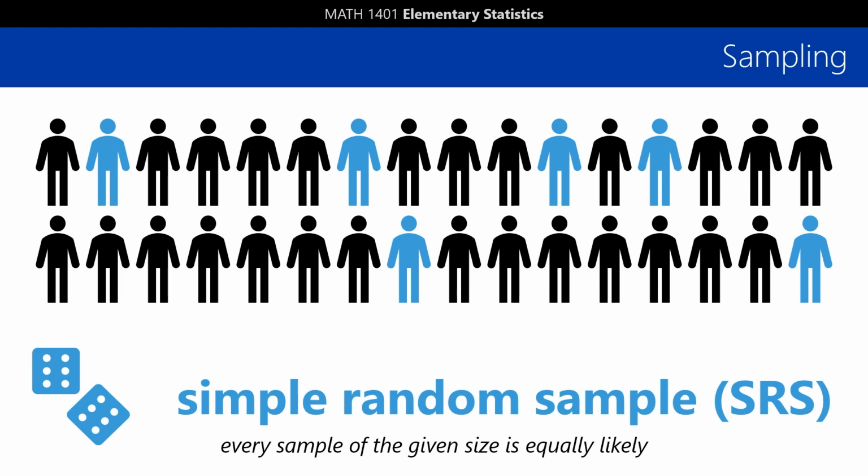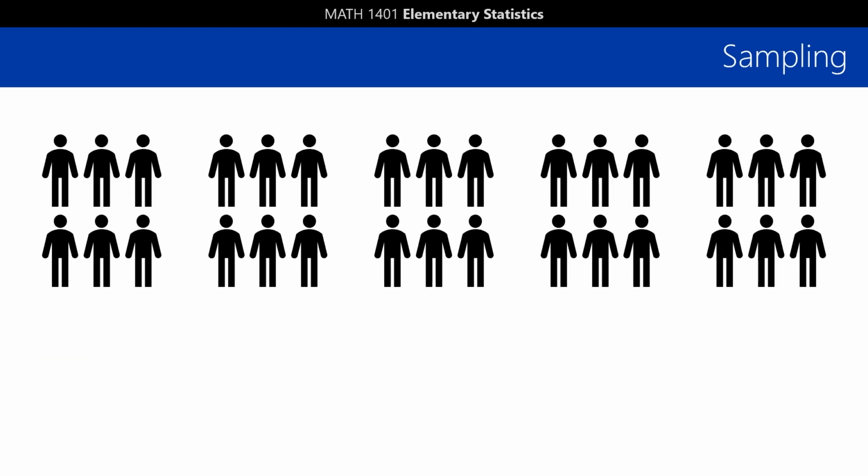So in our transportation example, that might involve once again getting a list of email addresses, but then using a random number generator to select random email addresses to send your survey to. Now, sometimes your population happens to be divided up into groups, and you want to take those groups into account for your data. There are a couple different ways to do this, depending on if the groups are homogeneous or heterogeneous. On one hand, suppose your groups are largely homogeneous. That is, all the people in each group have something important in common. Then you might want to try